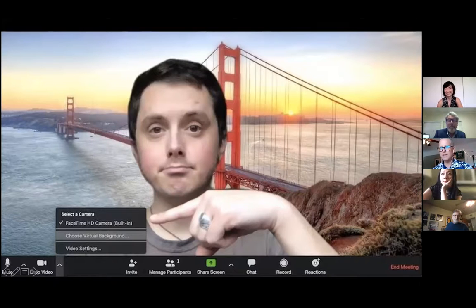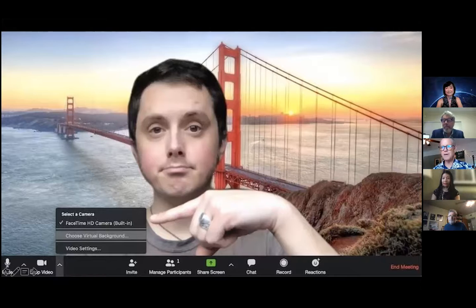And I'm not seeing anyone try that fun virtual background. I would think that Larry Gardner would do that with a big bassoon in the back of his screen. Or Clarice, maybe with her son playing the piano or something. So just know that that is an option, and you can upload any picture you want to your virtual backgrounds, to have the Golden Gate Bridge in the background, or whatever you want.